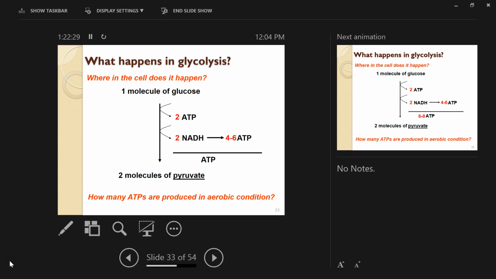So basically, one NADH molecule produces either 2 or 3 ATPs. Again, it depends on the cell type, on the transport system across the mitochondrial membrane. So 2 NADH will produce 4 or 6 ATPs, right? So the